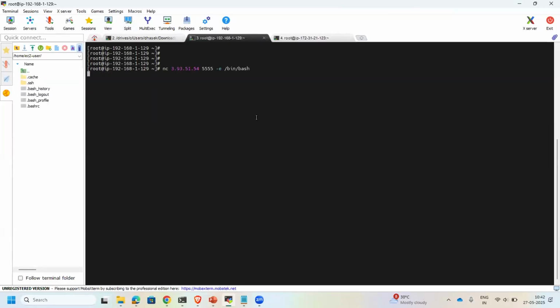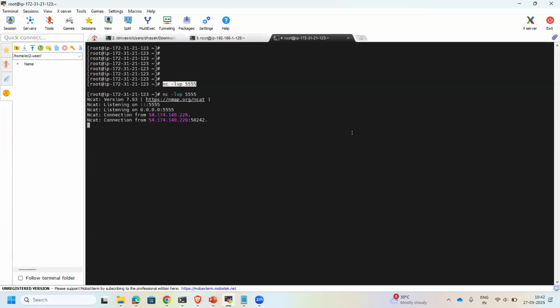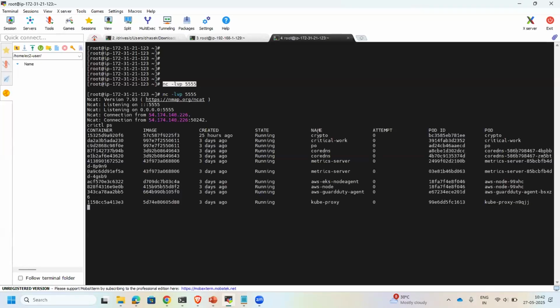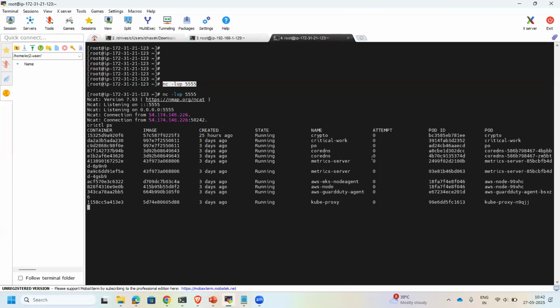So this is my Kubernetes cluster, and this is the attacker machine. It doesn't have any kind of information. So from this attacker machine, I'm trying to get information about what all resources are running. Okay, it shows the list of resources which are supposed to be running on the machine in the Kubernetes cluster. So what are all the things running on this machine? When I run it, I'm able to see the list of critical workloads,